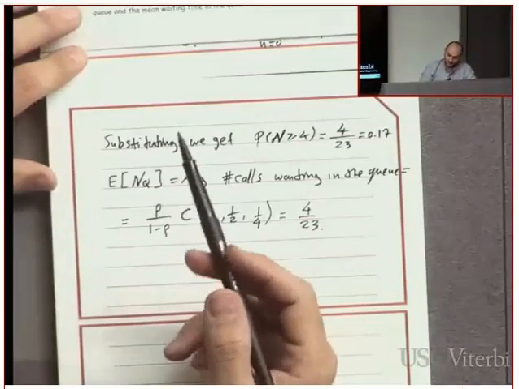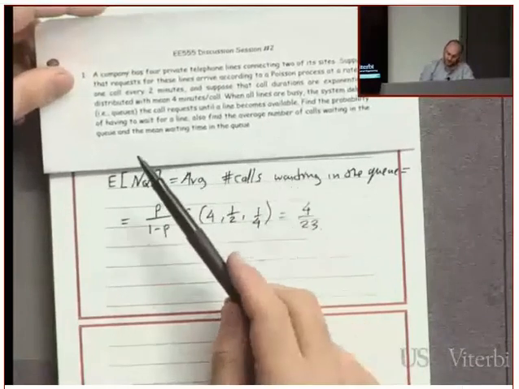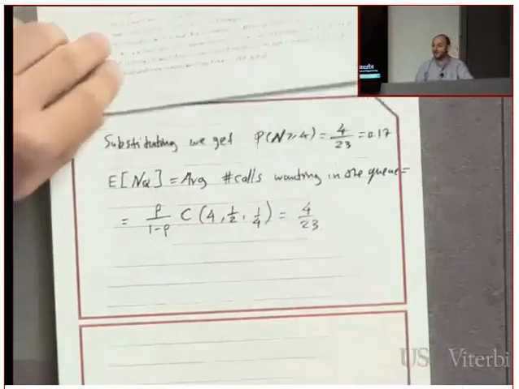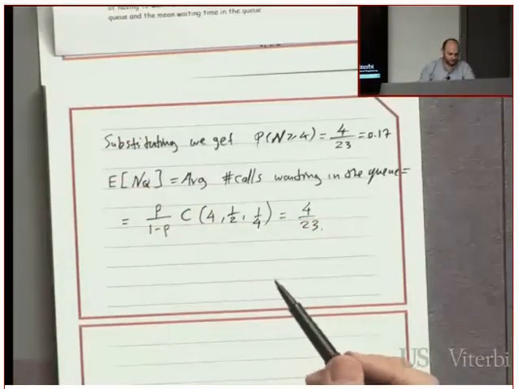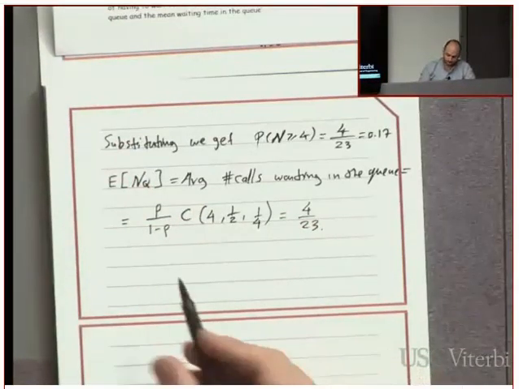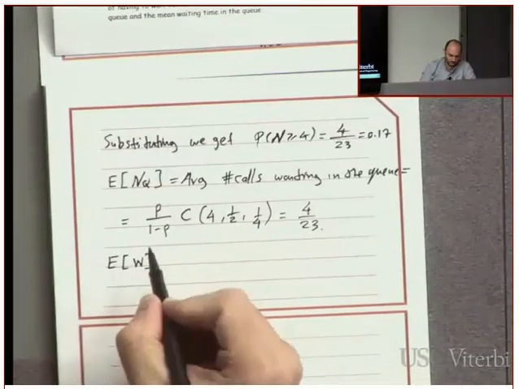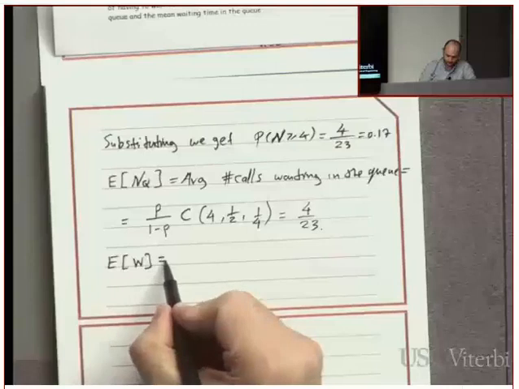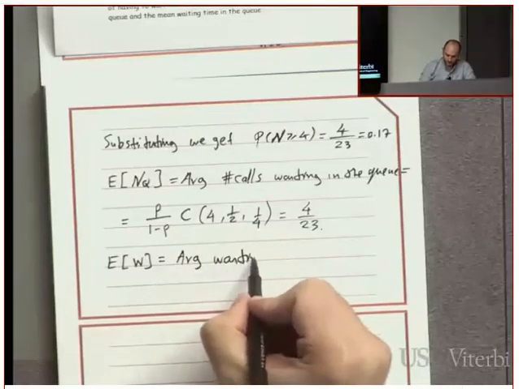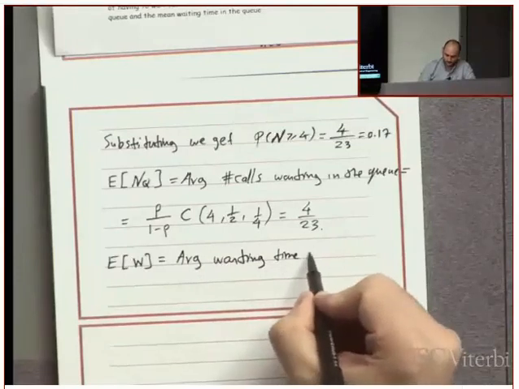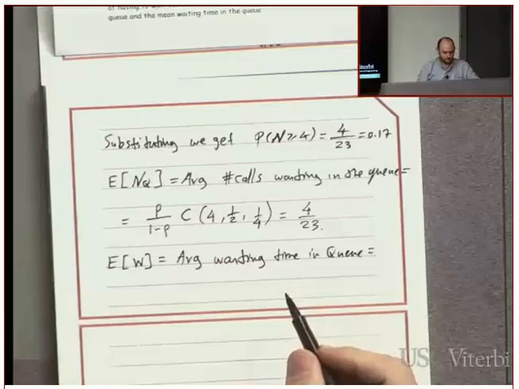And then the next question is what is the mean waiting time in the queue. We want the mean waiting time in the queue. We represent that as W, which is the average waiting time in queue, and this is equal to,